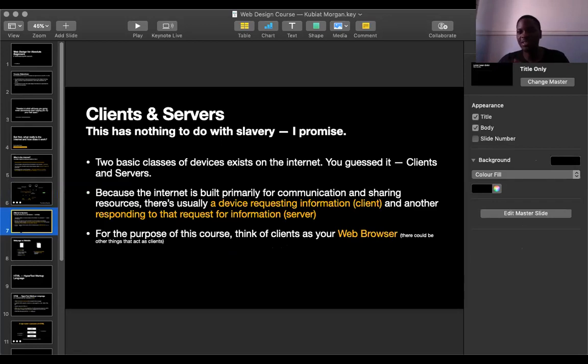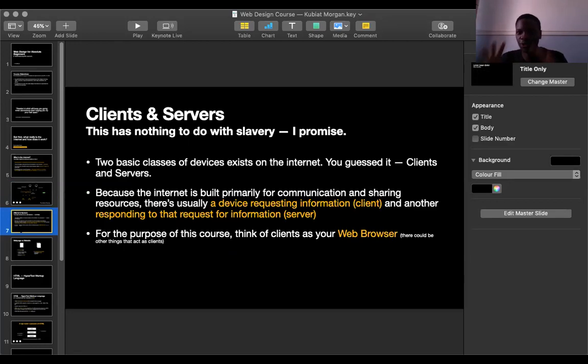Drilling down a bit, I want you to picture clients not just as you as a person, or your entire device, whether it's a mobile phone, a laptop, or a desktop. I want you to place the focus on clients as your web browser.